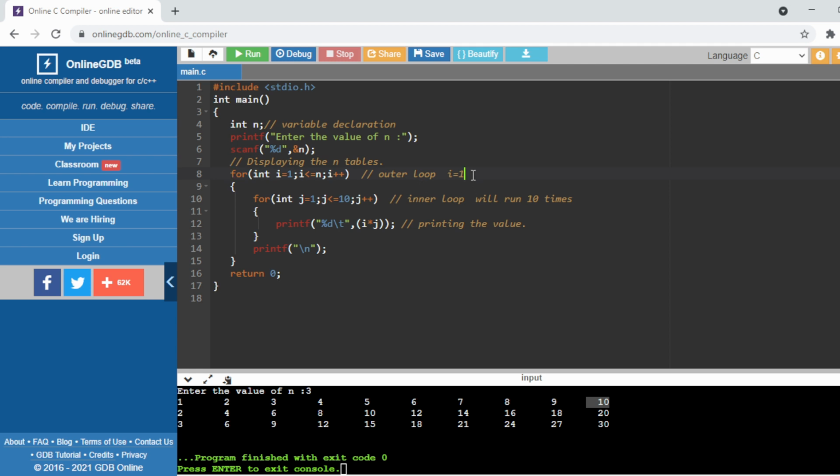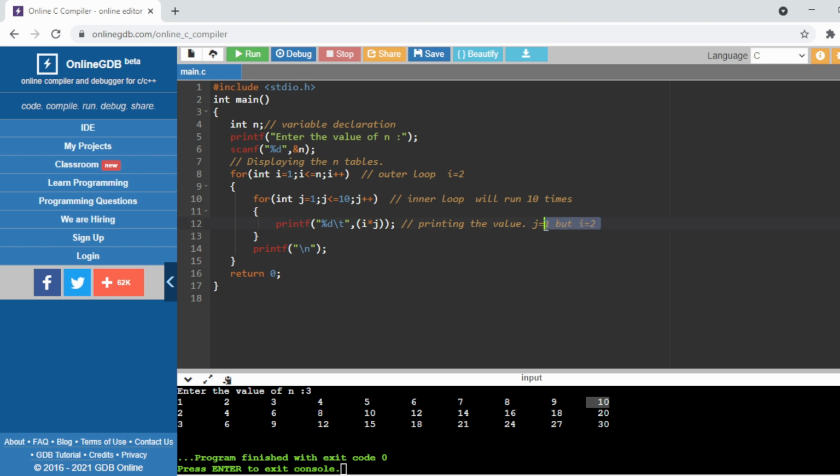After that it will go back to the outer loop. Now the new value of i is nothing but 2, right? Now for i equals 2, again j will run 10 times, and j starts with 1, right? So the first time the value of j equals 1, but the value of i equals 2.